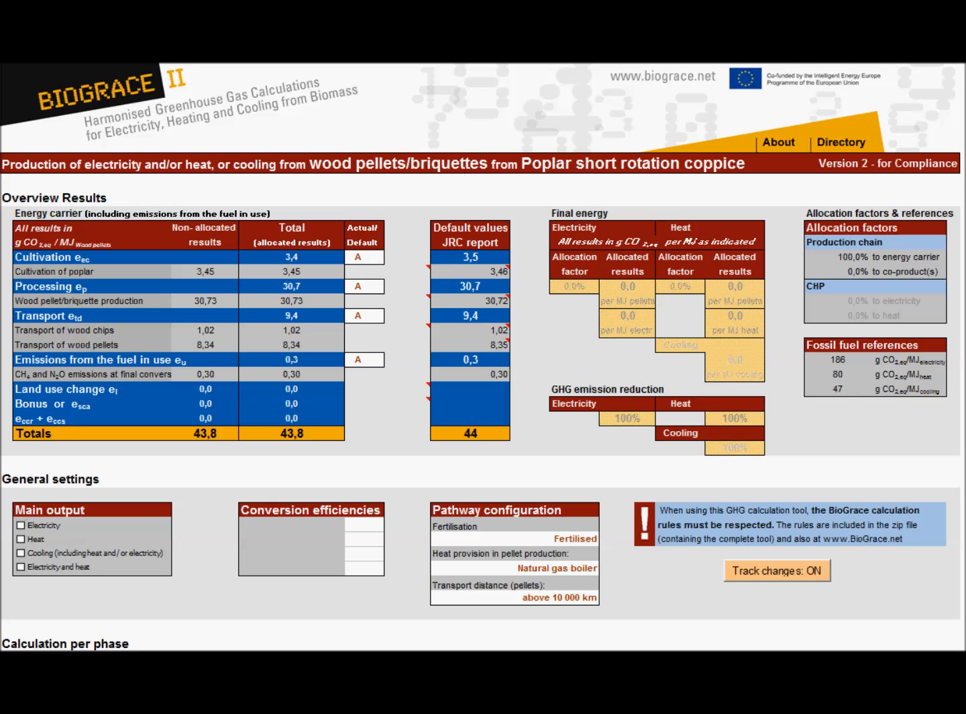On each of the Excel sheets for the bioenergy production pathways, you can find here, near the top of the sheet below the results box, an orange button which is named Track Changes. The standard setting when you open the tool the first time is Track Changes On. In order to keep track of any changes you make in the tool, we recommend to keep the function Track